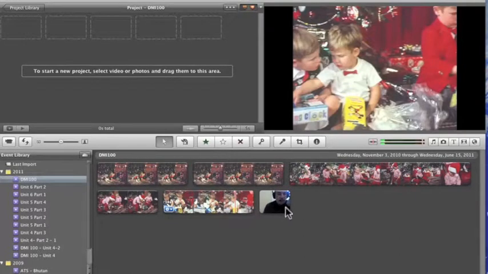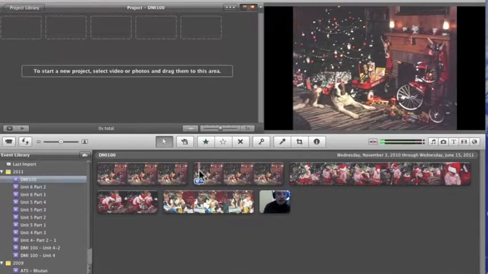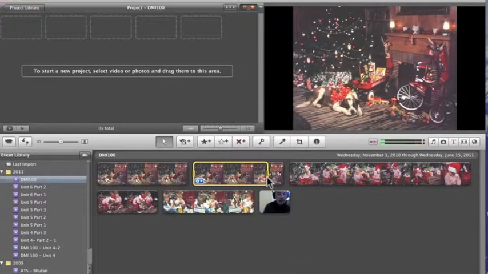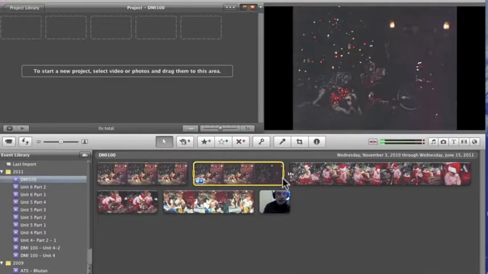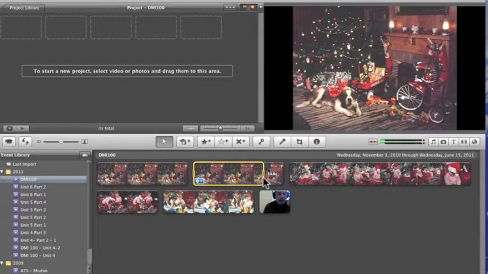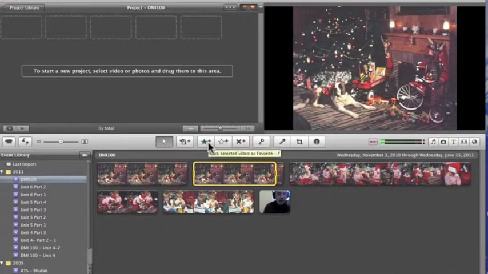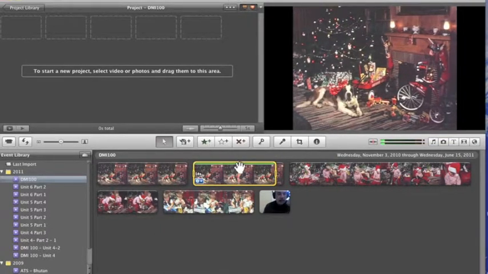Now, something you can do that I've never even found slightly useful is you can select clips to be favorites or not favorites. For example, if we wanted to select this clip or part of this clip, we would click on the left and we would drag this little yellow box to whatever part of the clip we want to make our favorite, or whatever part we like. And as you can tell, as we drag it, it changes in the viewer. So if we like that particular part of the clip and we want to make it a favorite, then we can click on the star right here, and all of a sudden you see the green bar come up